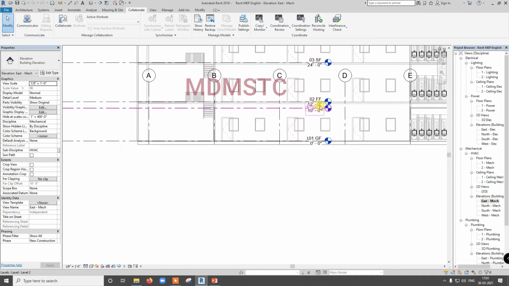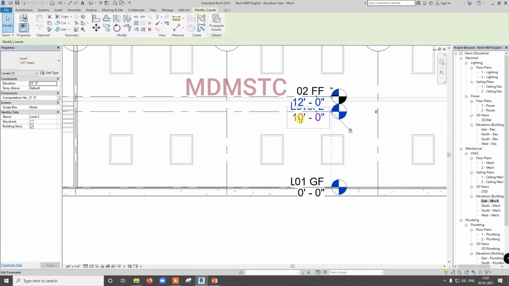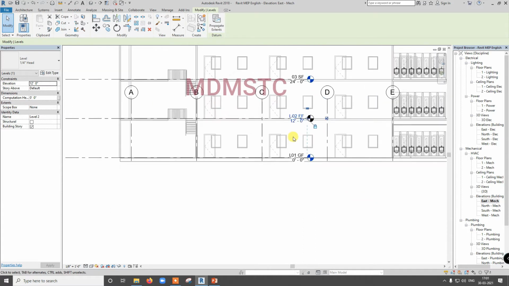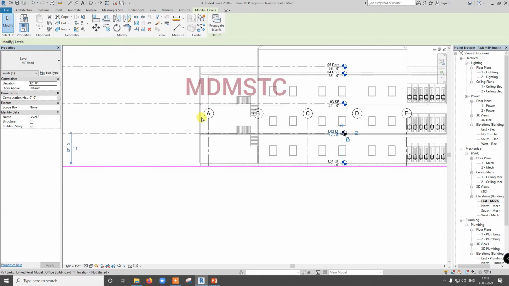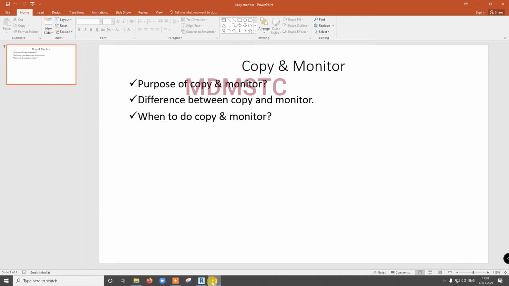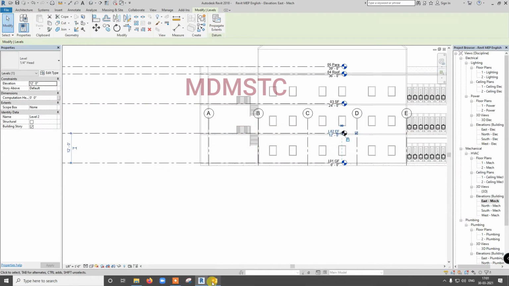By default this is 12 feet, I'll change this to 12 feet. Now I want to do copy monitor. That is the difference between copy and monitor. Monitor is for whatever components you already have in your file, no need to copy. For example, level 1 and 2 are already in my file, so I can select them because they are in my project file.